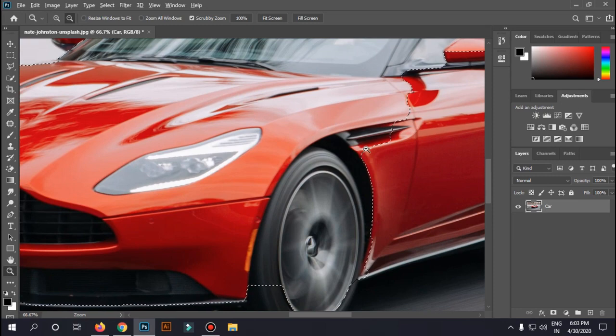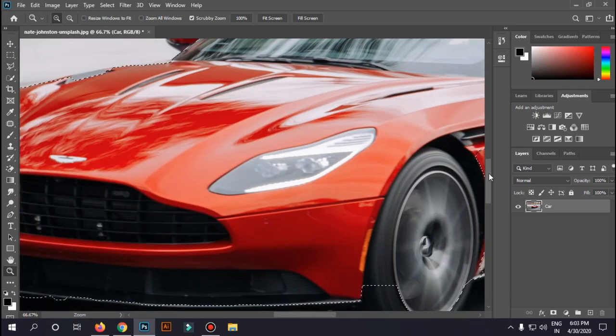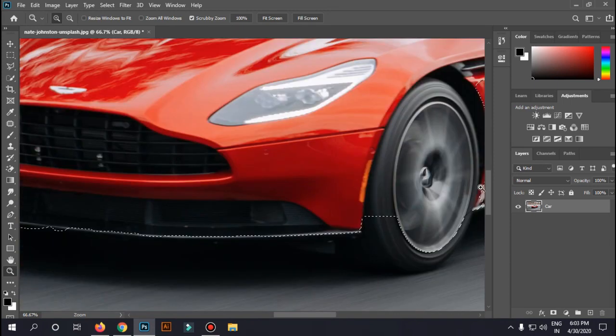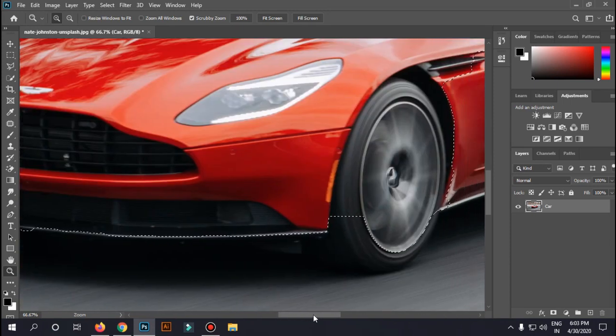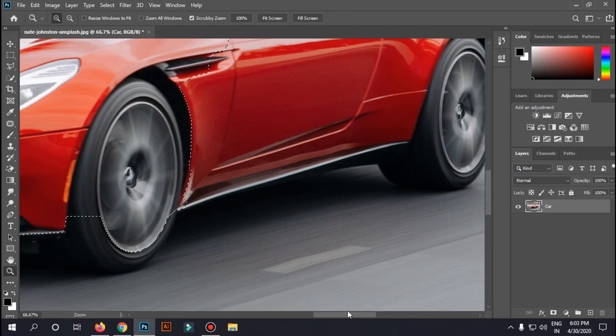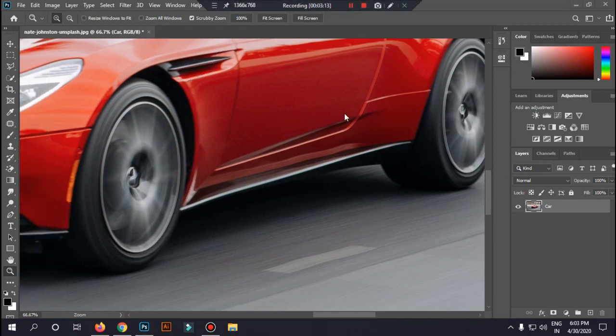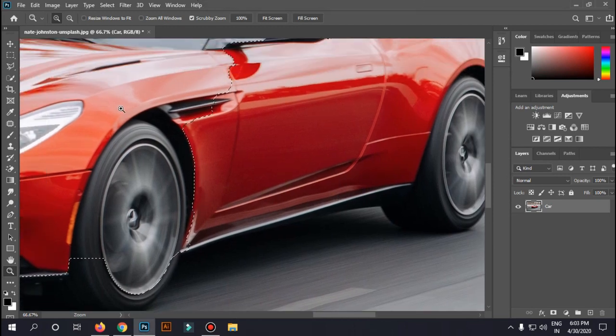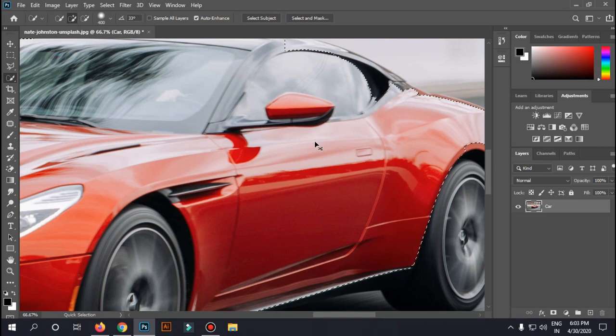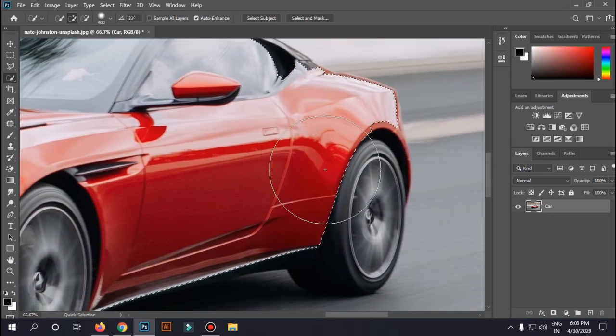To move it left and right or up and down, we need to press Control and click the left button of the mouse. Apart from that, just click on your quick selection tool and select the car like this. Let me press Control and move it a bit left.